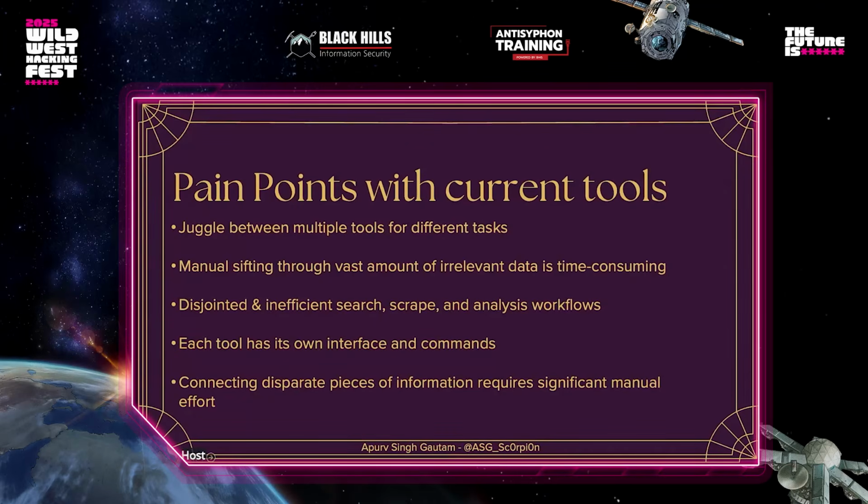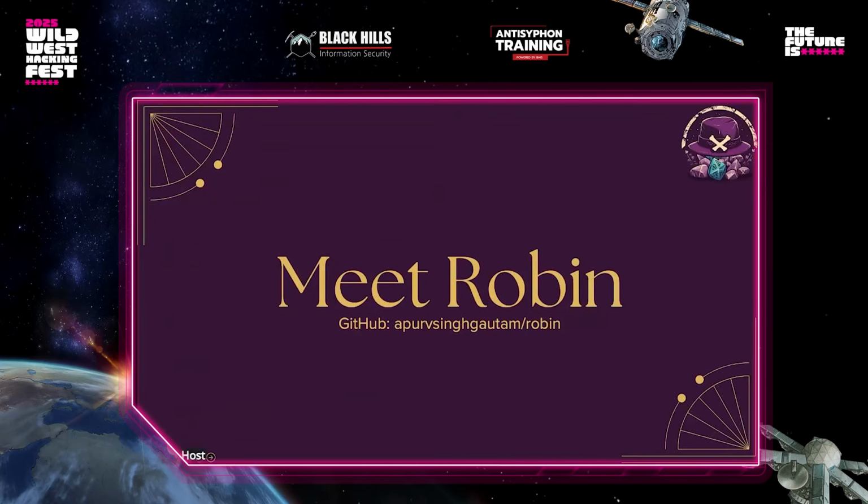There were 4 categories, so at minimum you have to use 4 tools to get the final output, whatever you are researching. So that is where I thought, okay, why not? Because with AI it's easier now to combine or even write a new tool, and with AI you can summarize everything. So why not create a tool that will just speed up the process of an investigation? That's where the tool came to be.